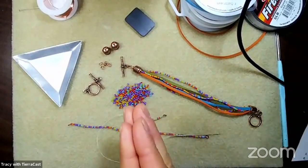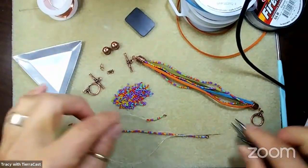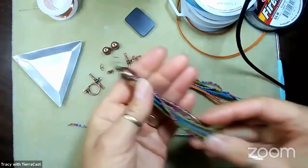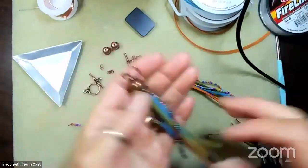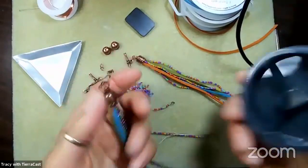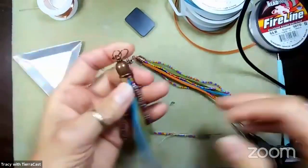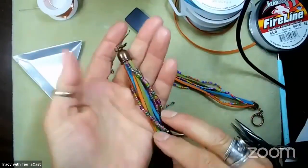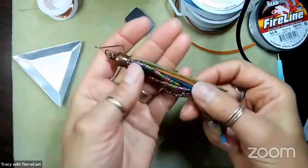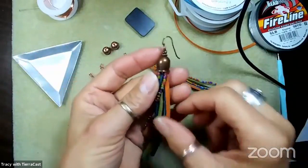The first thing I'm going to do is, we're going to do the same process that we did with the earrings, where I strung my little seed bead sections onto some braided bead thread, some Fireline. You can also use Wildfire. You can use your favorite beading thread. I prefer the braided and bonded because I don't split my thread when I'm working with a bead weave design, and I just find it easier to work with. But you can use whatever your favorite beading thread is if you work with seed beads. So I strung my seed beads onto some Fireline, and then I attached them to jump rings,